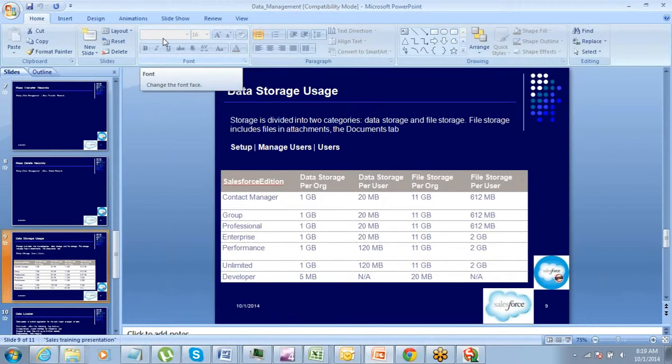We are understanding how much storage capacity you have got from Salesforce. Now that depends on what edition you have purchased. So how much storage capacity you got, out of that how much you have utilized, how much is remaining. While you're performing these data related operations, this is again one thing that you need to keep in mind: how much data storage is available, and how do you utilize that.